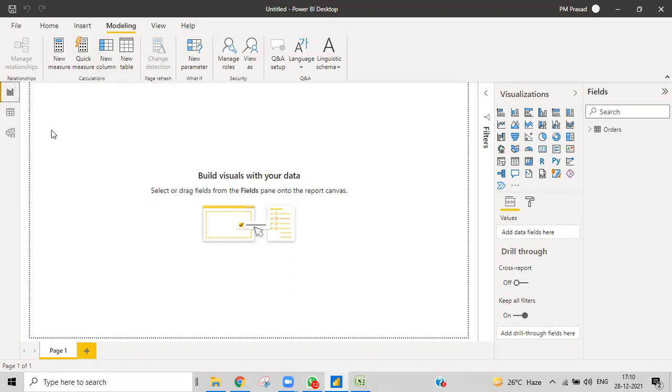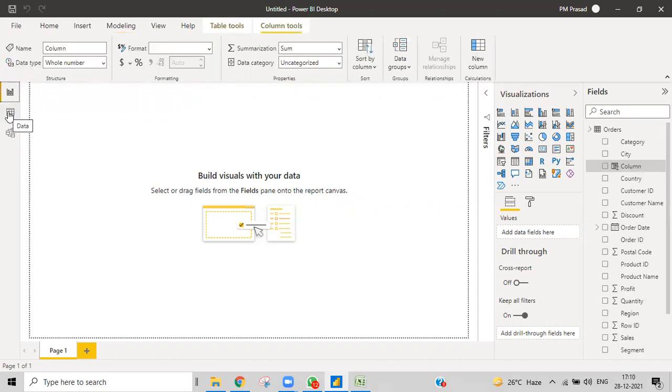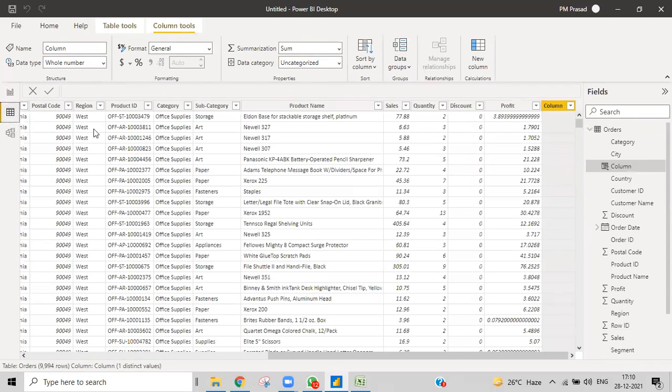A measure is nothing but a calculation which gives an output of a scalar value. It means it gives a single output. It doesn't give many outputs like a column. In a column, let us suppose I have a column based on these two values.